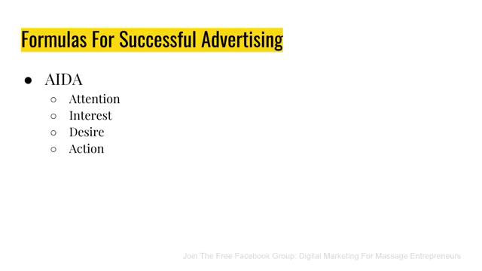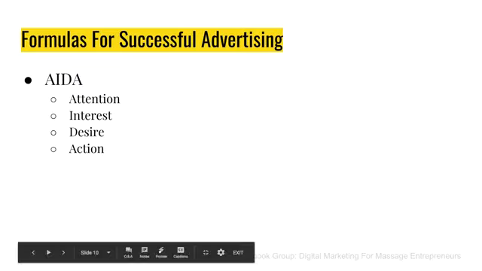And then lastly, action. Tell them to do something. Call now, book now, order your gift card, book your appointment. You need to say, okay, I got your attention, you're interested, I know the desire that you have, I'm giving it to you. Now it's time to do something with it, finally take action. So that's one of my favorite copywriting formulas. It's probably one of the oldest out there.